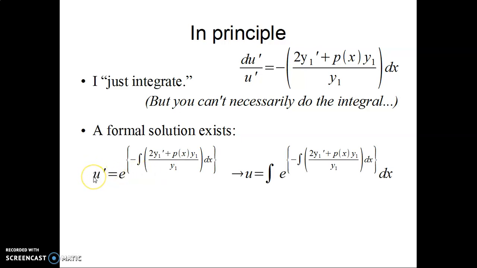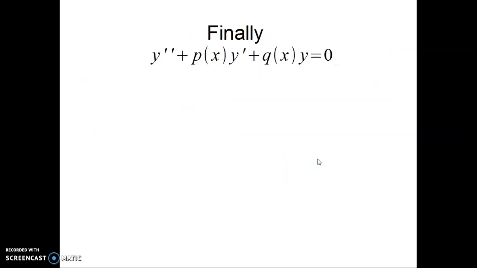u prime, of course, wasn't what I was looking for. I was looking for u, which means I integrate it. So now I've got an integral of the exponential of another integral. It's just functions. You just go step by step and do it. In fact, I said I was looking for u, but that wasn't really what I was looking for. The complete solution to the original differential equation